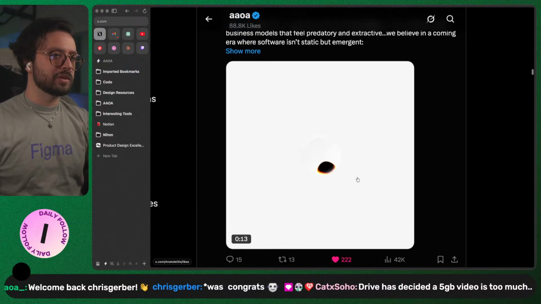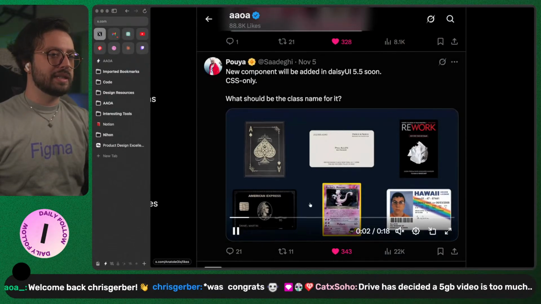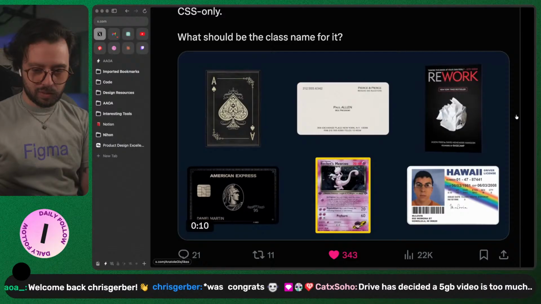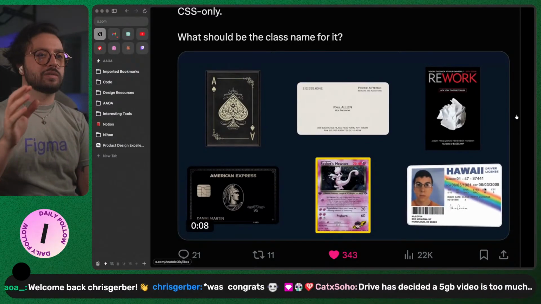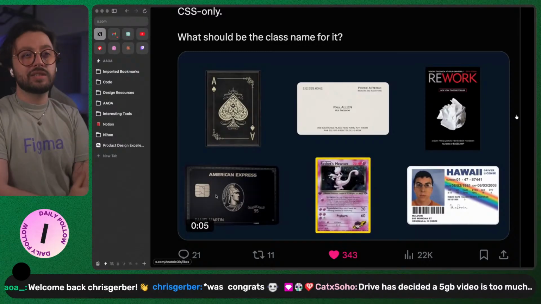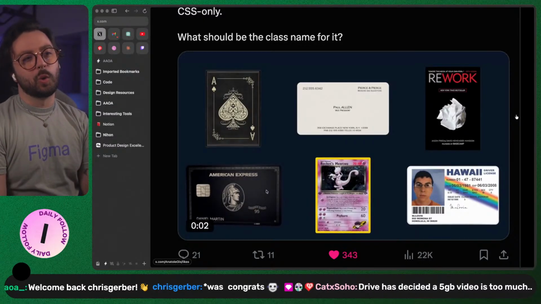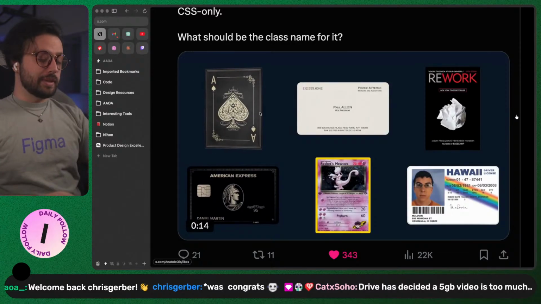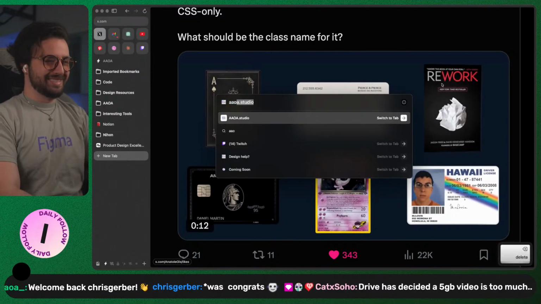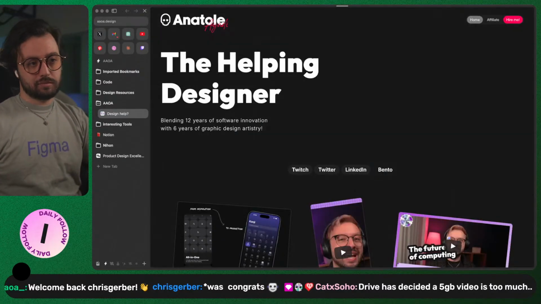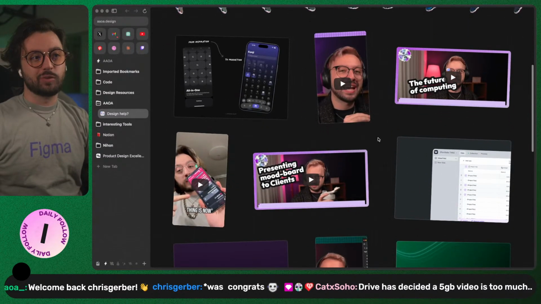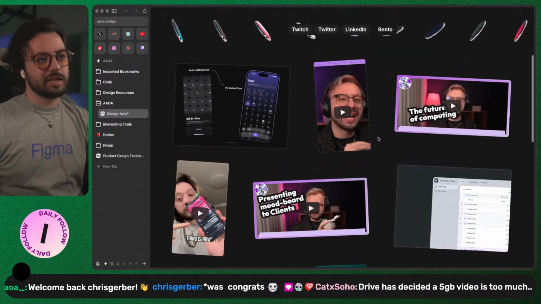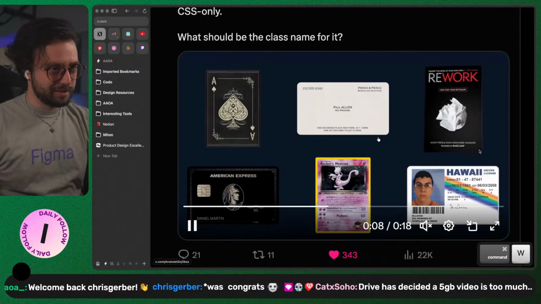Jay doing a lot of really cool stuff as always. We had these cards, going back to some of the newest things I've been talking about, which is the organic steps of design languages. These feel like an organic grid, specifically with the hover effect and so on. I don't want to be that guy again, but that grid specifically, not saying that I have it right here, but I kind of do. Anyways,